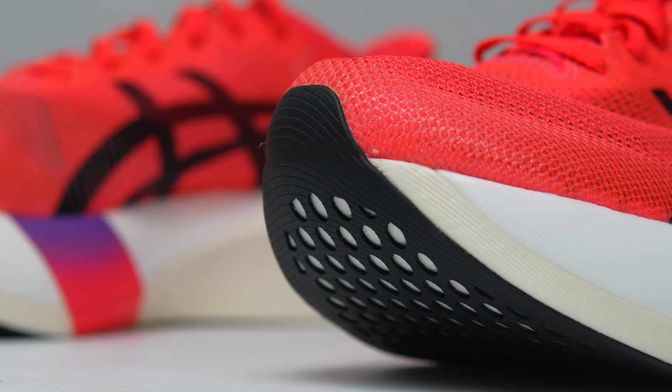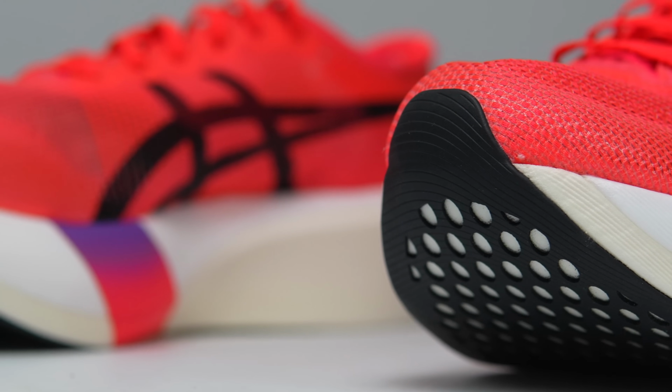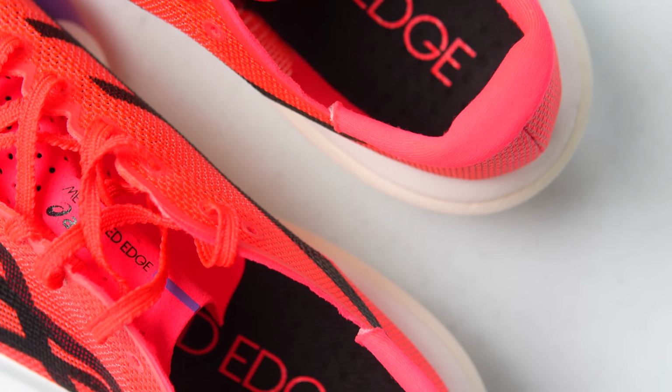But before I give you my thoughts on this shoe, I do want to go over some disclosures. This is a pair of shoes that ASICS sent to me for the purpose of review, so I did not have to pay for these shoes. However, nobody's paying me to make this video or to include their brand in this video, and no one's going to get a chance to preview any of my footage or my thoughts before you guys get a chance to see this video on YouTube. So with that disclosure out of the way, let's talk about the Metaspeed Edge Tokyo, and let's start with the